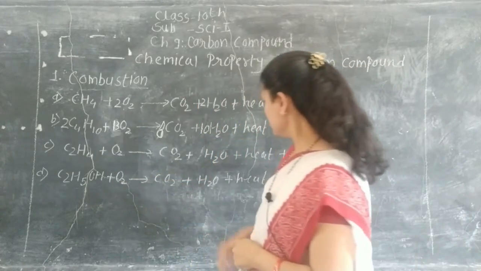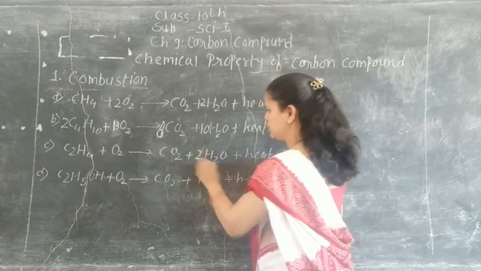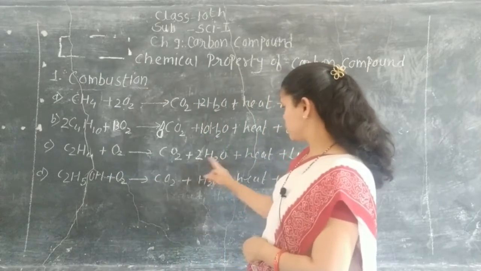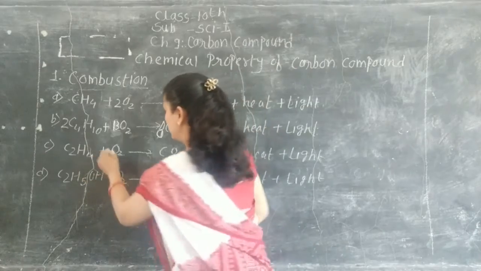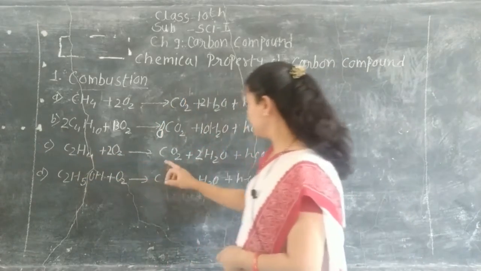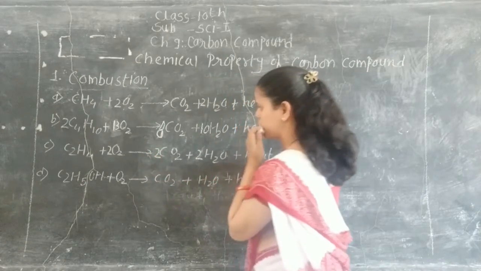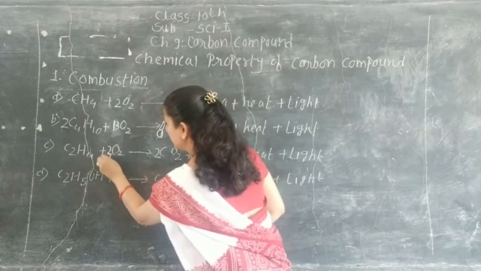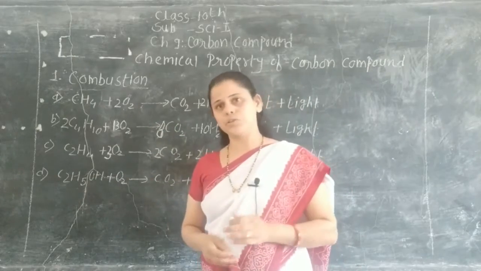Again, next equation, here number of hydrogen 4. So write here 2. So 2 2s are 4 and 4. Then oxygen, number of oxygen here 2 and 2, 2 2s are 4. Then write here 2. Then carbon, 2 carbon here. If you write 2, then number of oxygen again, 2 2s are 4, 2s are 6. So write here 3. Clear? So in this way we can balance the equation.